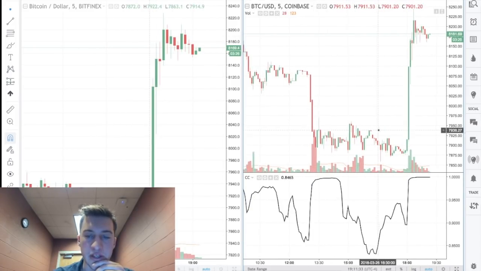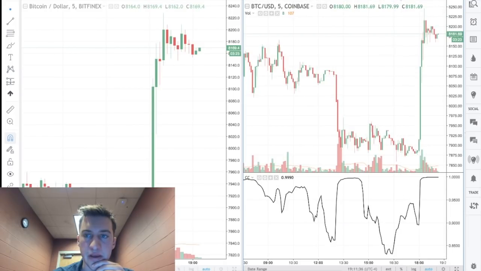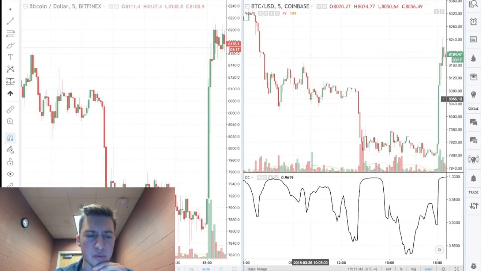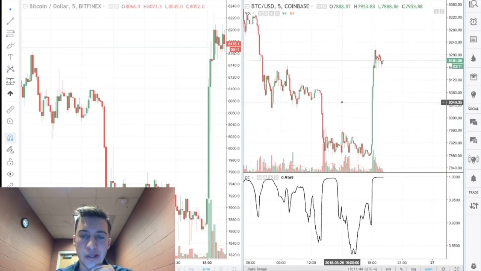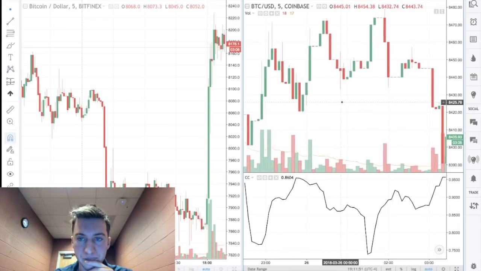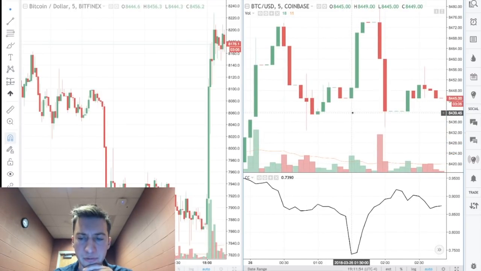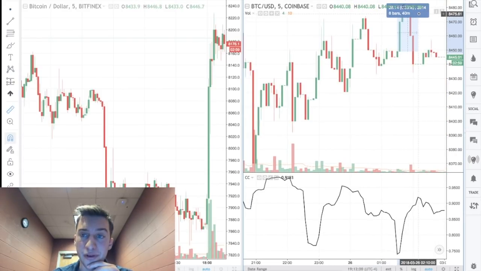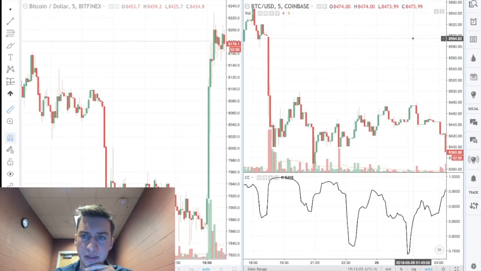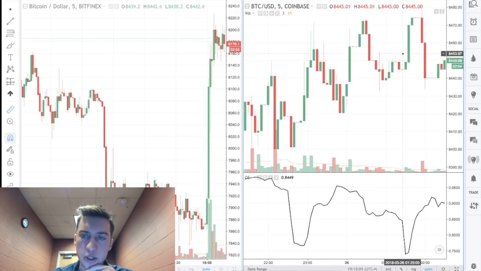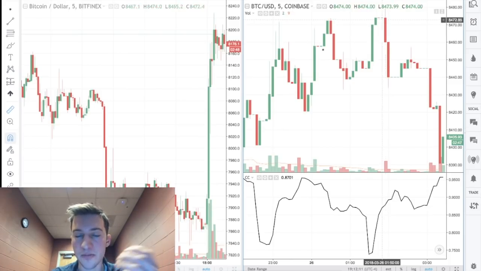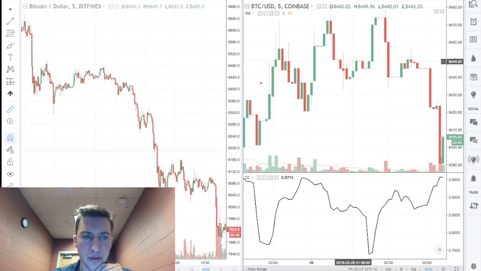Yep, and here it is. So this way, and I also have my settings, as you can see, crosshair interval sync on all charts. Yeah, so this way you can actually see, hey, does Bitfinex go up or does Bitfinex go down when the correlation rate changes? And then that way you can actually trade. So there are going to be a lot of really good opportunities here. Like this one you could have bought right here and made, not a beautiful amount of profit there, I think 0.35, but that still is an arbitrage opportunity. And if you were holding and looking to sell, you could just wait for price to go up there again. That would occur right there.